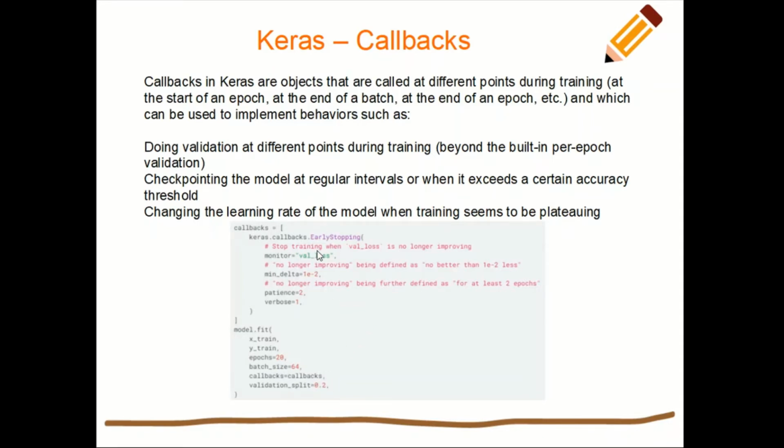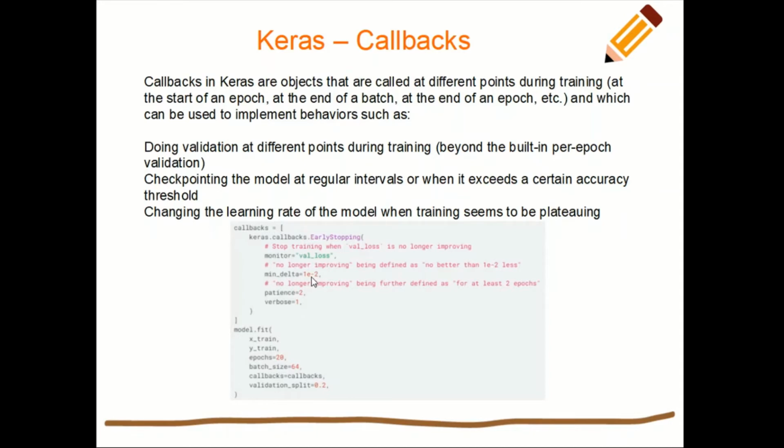Now coming to early stopping: when we are training, if the validation loss is not decreasing beyond a point, then it is a good idea to stop the training, because it's not going anywhere. We are just wasting our time and money, right? So early stopping can be used for that.